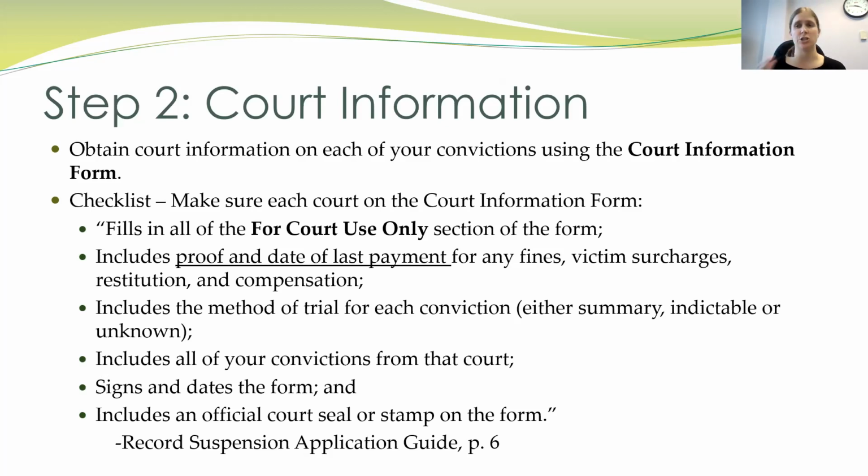It's also really important to check the court information form and make sure that the convictions that are listed there match your criminal record, because if the court puts a conviction there that's not on your criminal record, for example, then you would need to get a proof of conviction like we talked about in step 1. Also, the Parole Board of Canada recommends that you ask the court for extra copies of your court documents because apparently if you are granted a record suspension, the court documents may not be available in the future. So it's just a really good idea to ask them for extra copies.